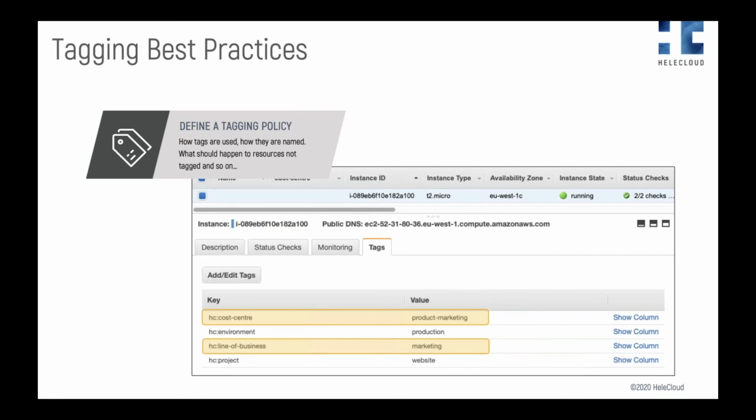In the names, you can see we've used a 2-letter prefix for our organization, HeleCloud, and this is useful for a number of reasons. The first is that if you use any third-party tools in your workloads or services, these can create tags, and you don't want to be clashing with those. And secondly, if your organization acquires or merges with another organization that also uses AWS workloads, you'll more easily be able to bring your tagging systems together. And we know this, having acquired 2 companies in the past year.